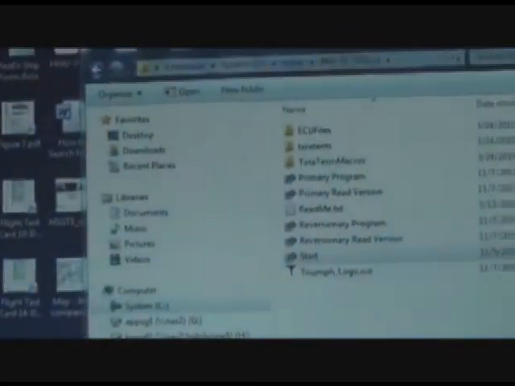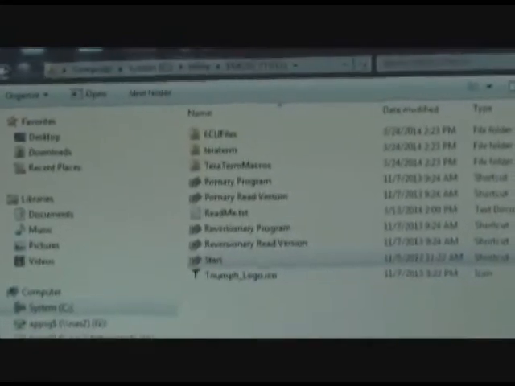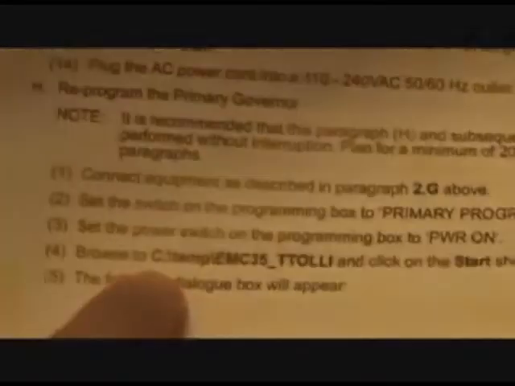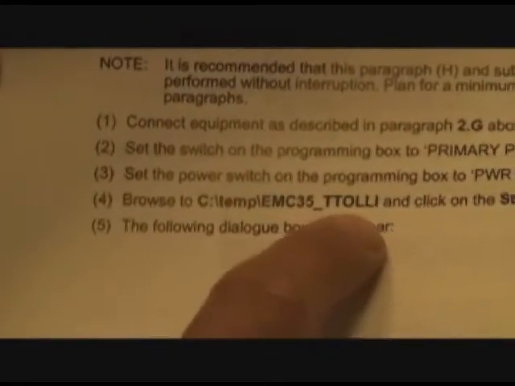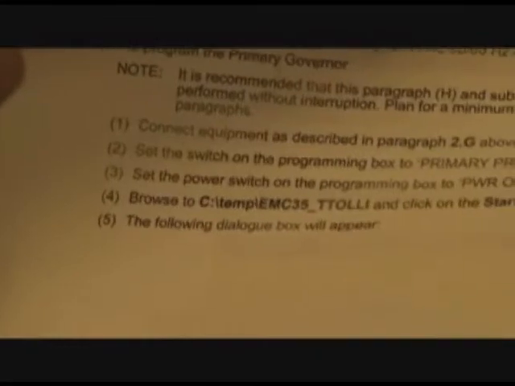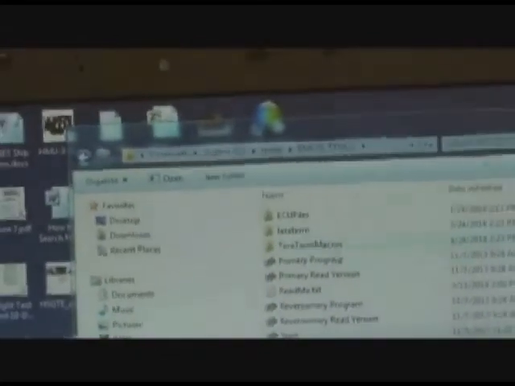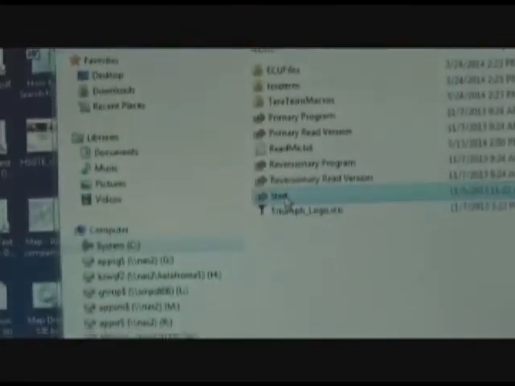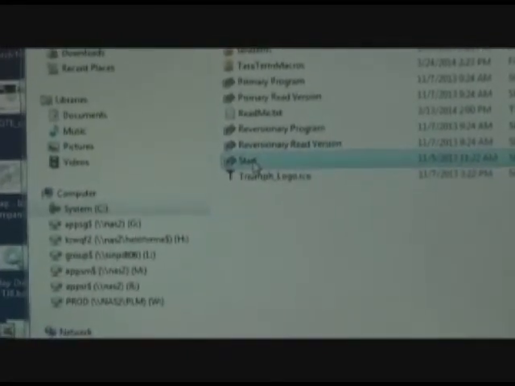and we're going to look for the subdirectory called C/temp/EMC35_TTOLLI, and this is a subdirectory that has been set up with the initial loading of the software earlier in the bulletin. So we're in that directory here, and we're going to go down here to the Start shortcut. Wait a minute. Go back. Okay, there you go. And then we'll double click on the Start,